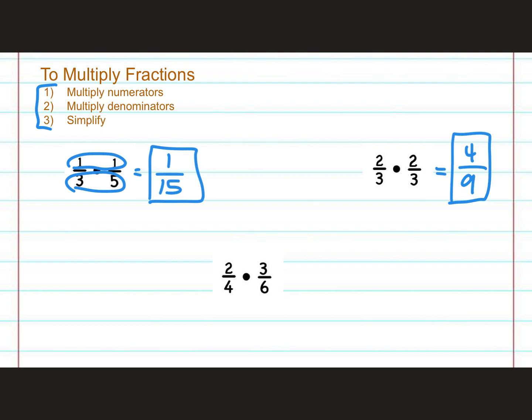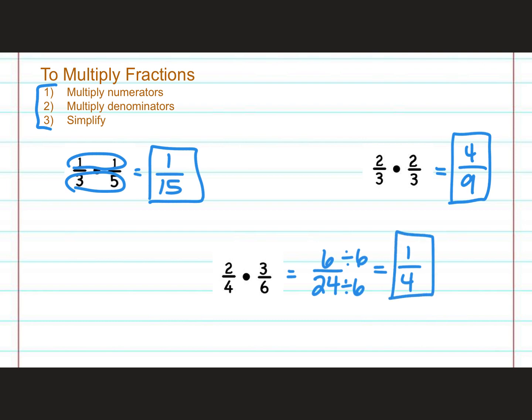2/4 times 3/6. Multiply numerators: 2 times 3 is 6. Multiply the denominators: 4 times 6 is 24. And then we can simplify by dividing the top and bottom by 6, which is 1/4